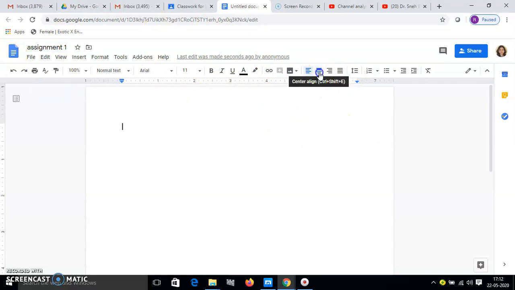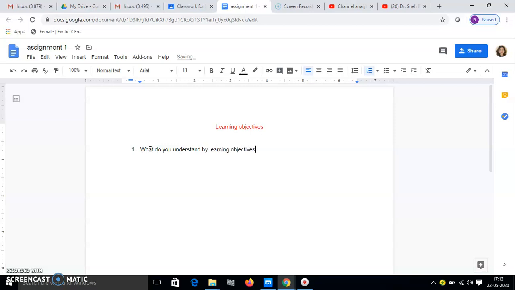This is the same window as appears in Word. You can do formatting, you can align your text, and you can change the color of your text also. Like this is about the learning objectives I want the student to know about. The first question I want the child to understand is: what do you understand by learning objectives? This way you can add more questions also.